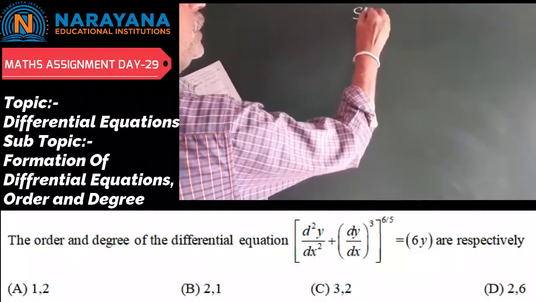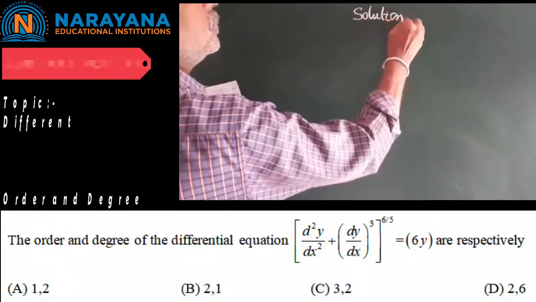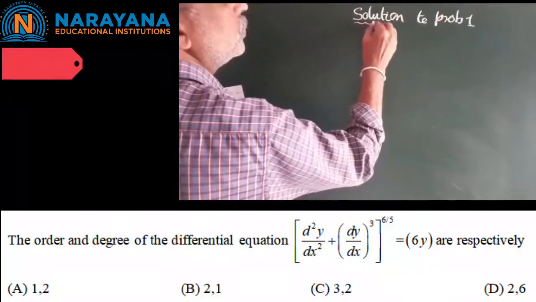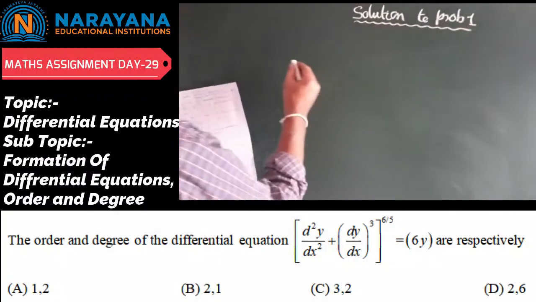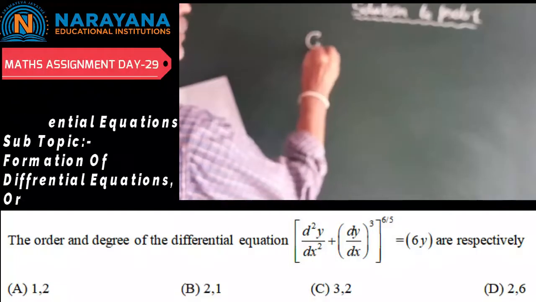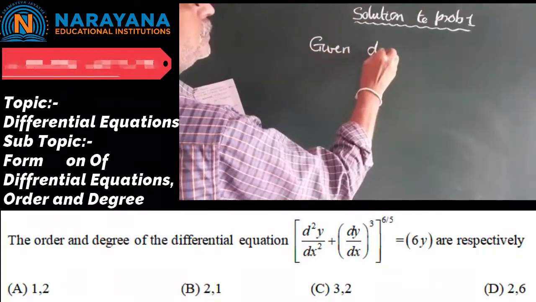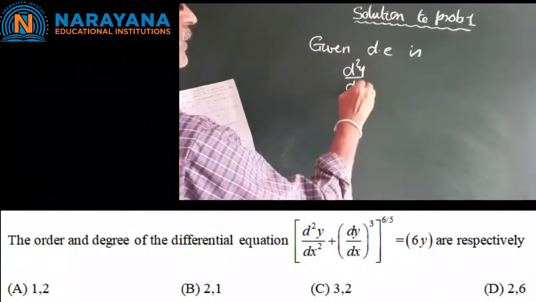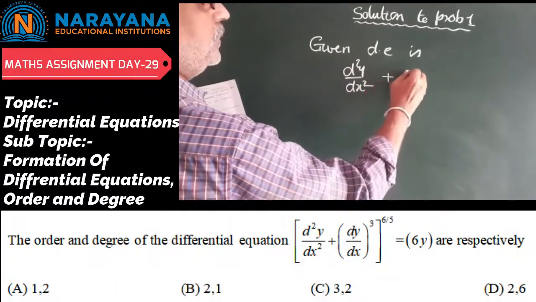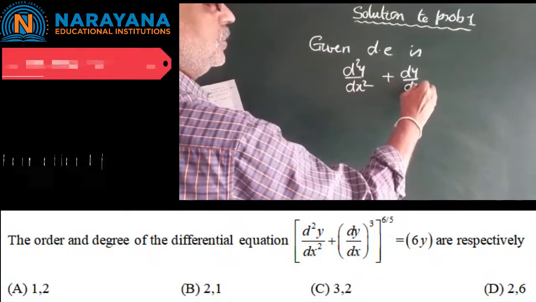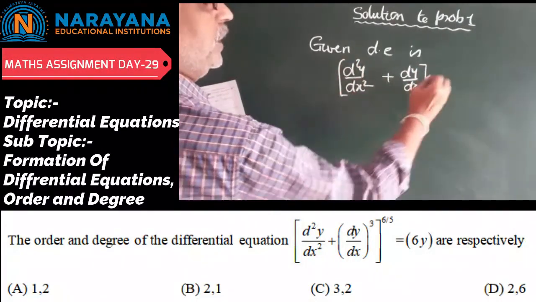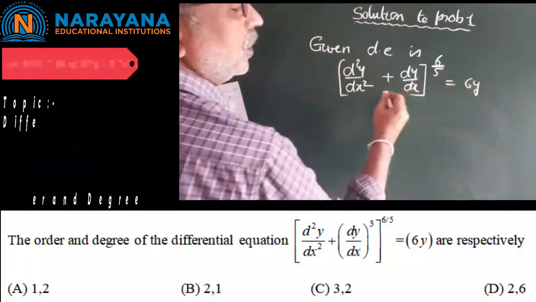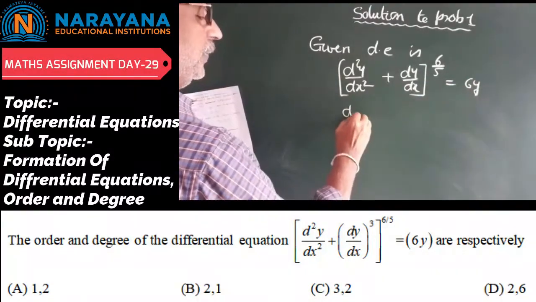Solution to problem number 1. So given differential equation, d square y by dx square plus dy by dx whole to the power of 6 by 5 equal to 6y. Now raising to the power of 5 by 6 on both sides,